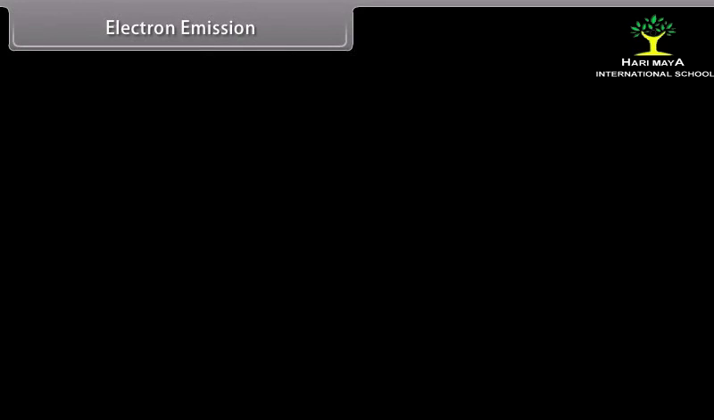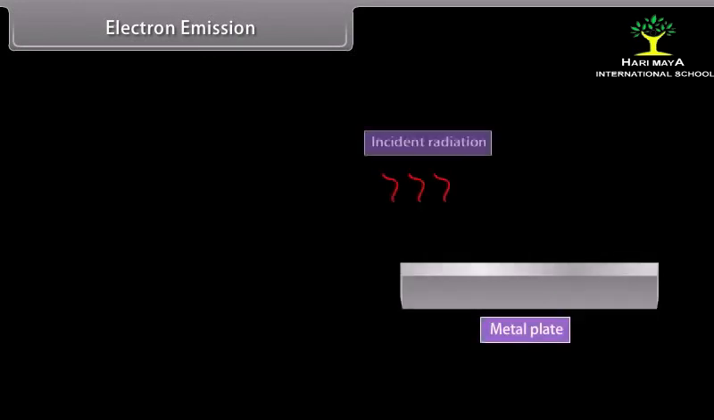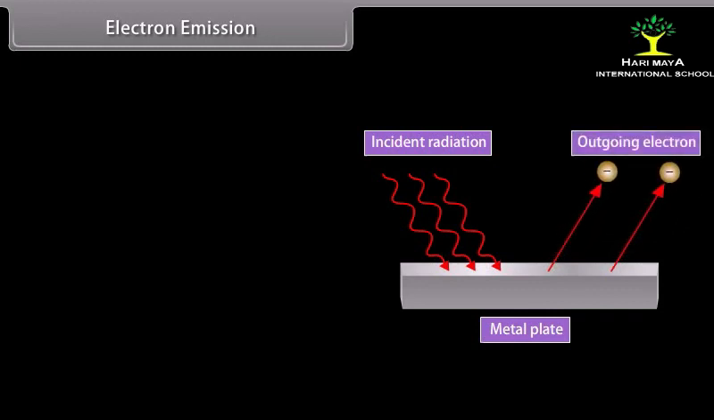Electron emission. In some solids called metals, the electrons, particularly outer ones, are so loosely bound to their parent atom that they can easily move from one atom to the other and move about in the solid. These electrons are called free electrons as they are free to move inside the solid but cannot leave the solid